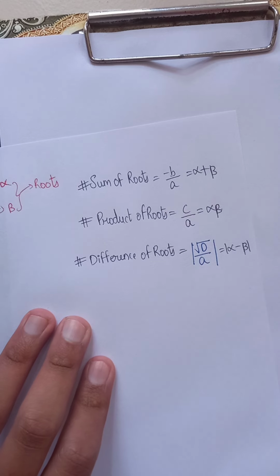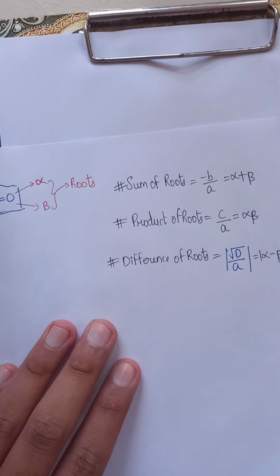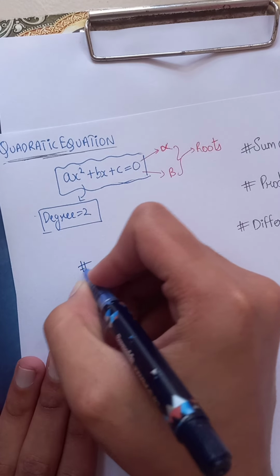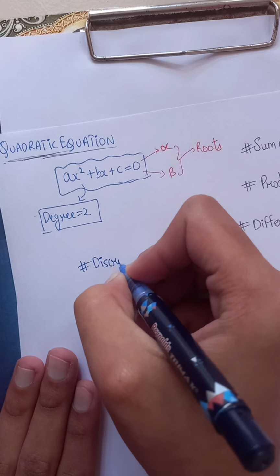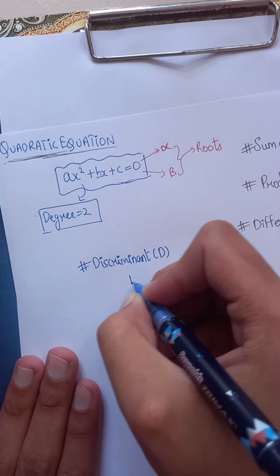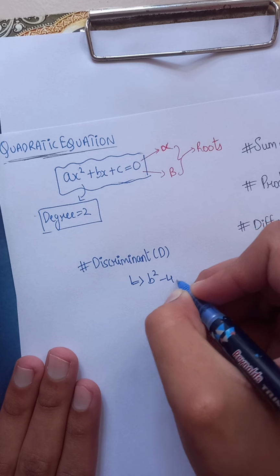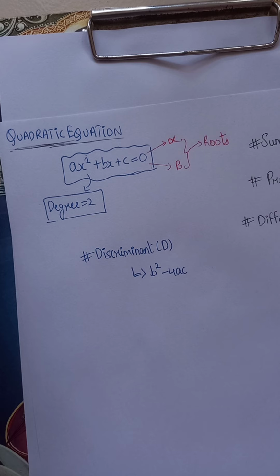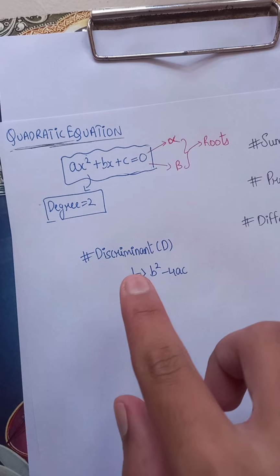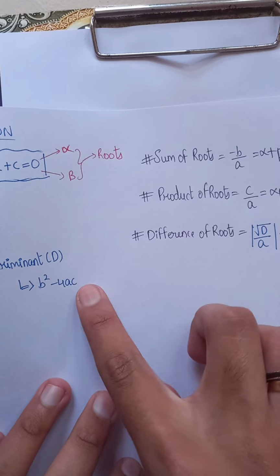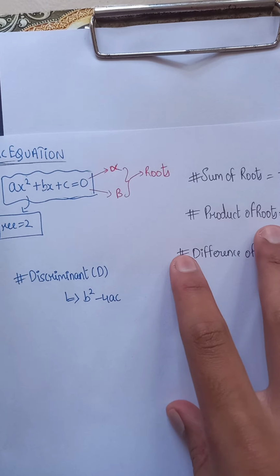So what is root d? You all know that d is nothing but the discriminant, that is b square minus 4ac, right? You know that formula, right? The discriminant d is equal to b square minus 4ac. I know that you have come across these formulas quite a lot of times in the chapter quadratic equation. Okay, so this is what a discriminant is. So the difference of the roots, root d by a, which means root over b square minus 4ac by a, gives you the difference of the roots.